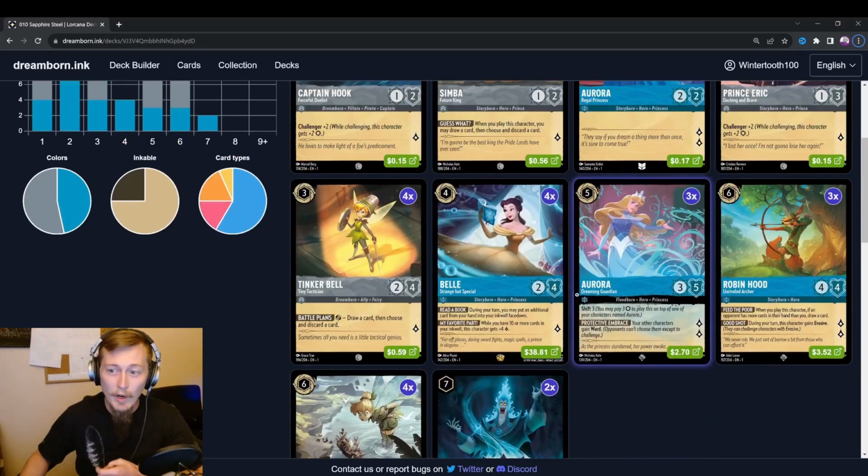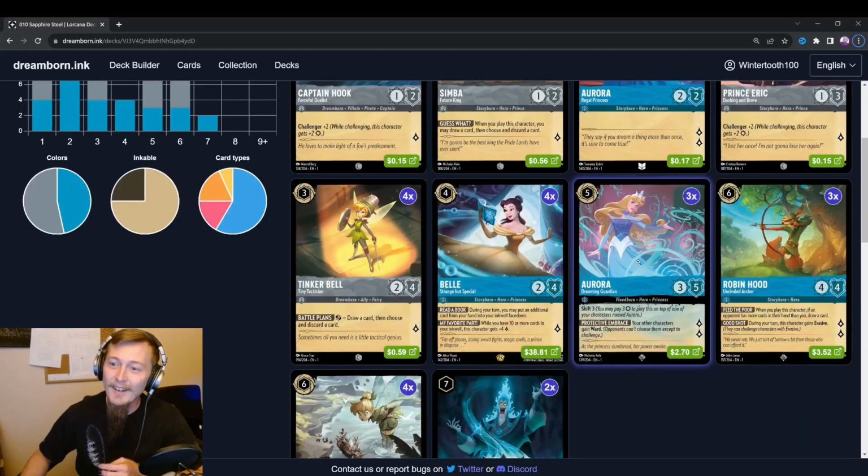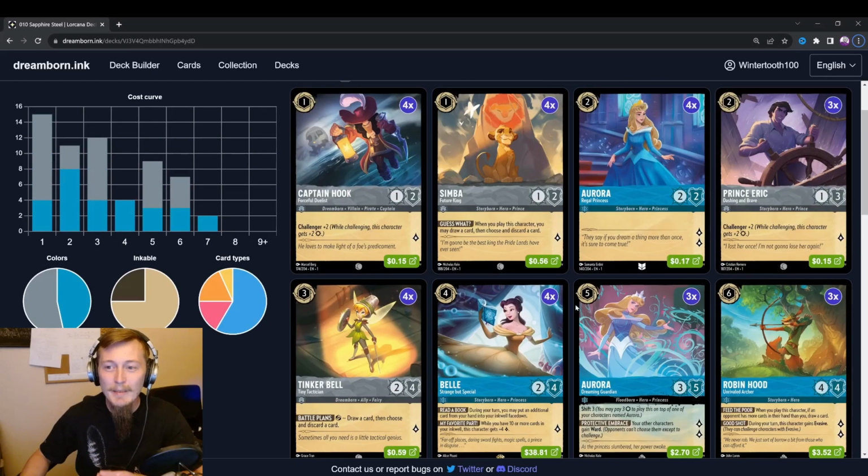We do have a handful of cards. Hopefully the ramp will get us there. We have a handful of cards that can sing it, such as Aurora, Robin Hood, Tinkerbell, and Hades. So if we're able to properly ramp, the only thing that makes me nervous in this deck that I may end up changing